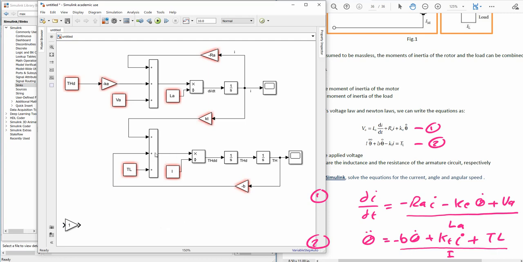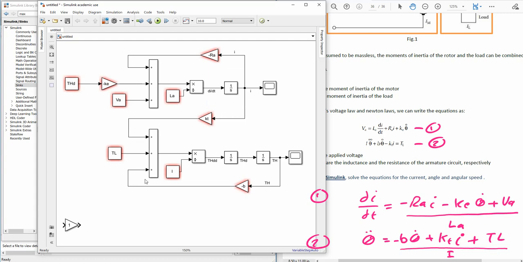Like this. Actually, I like to make it more simple. I will delete this bus. I will move the TL here like this, and this one like this, and double click here. You can write what the term is here, but double click here, it will give you the theta. As you see, this is theta minus b times theta, come to here, TL come to here, and I kt